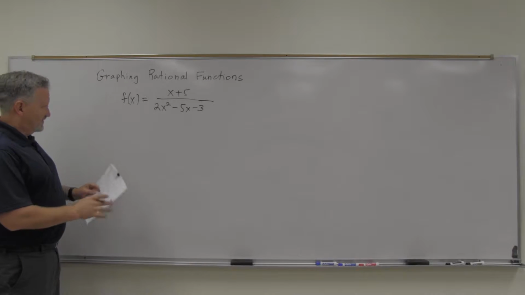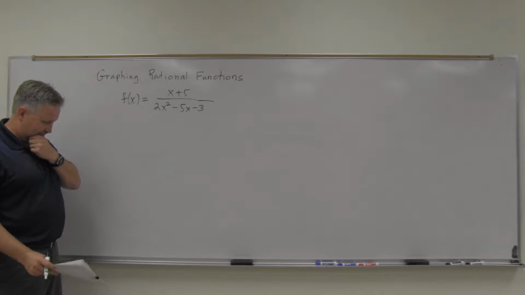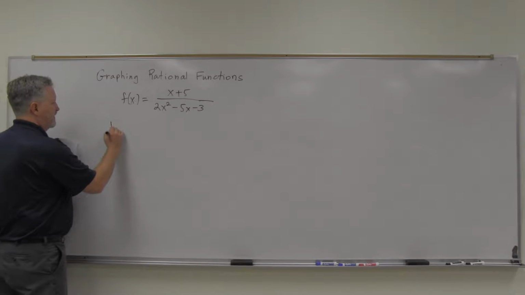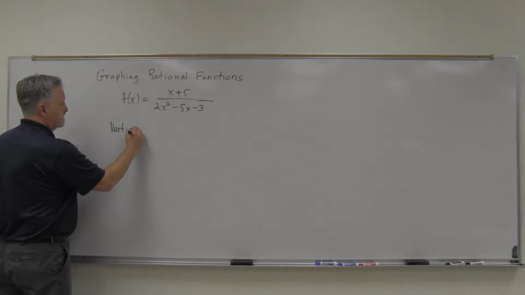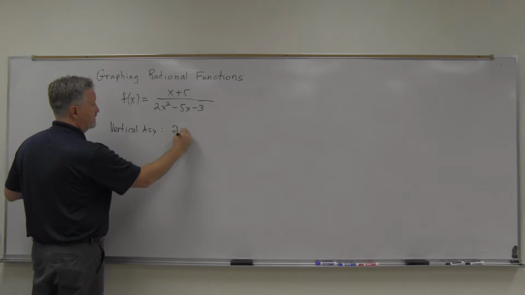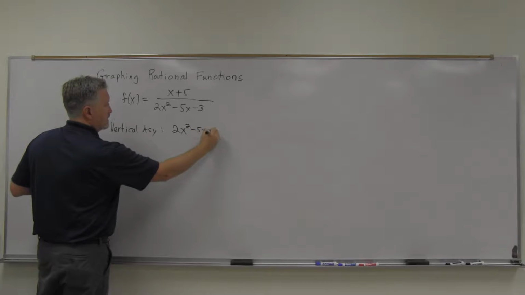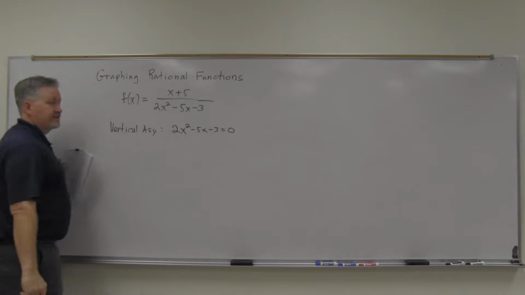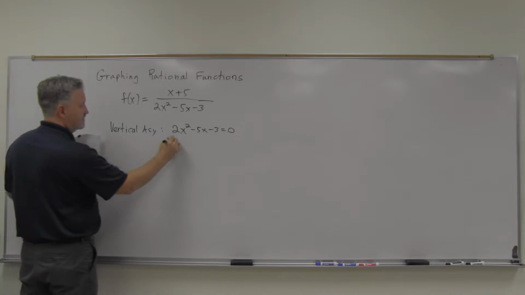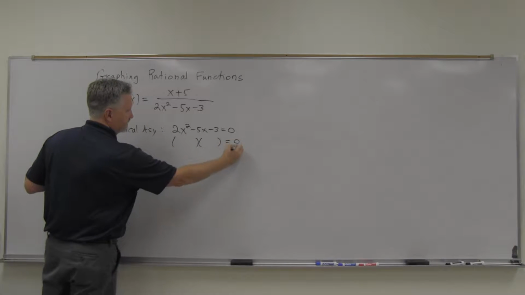All right, let's consider this one here now for our rational functions. A little more complicated, and that's because look at what I've got for vertical asymptote here. Denominator equals 0. And so that's going to turn out to be 2. We're going to have 2 vertical asymptotes because this does factor